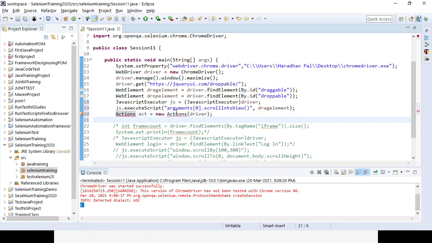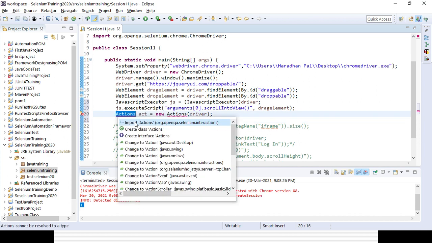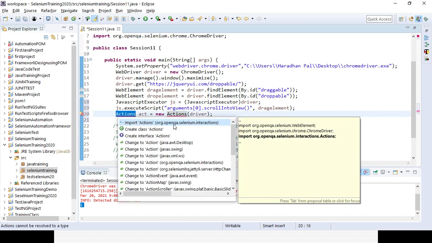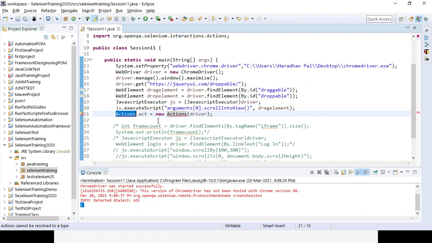Then here you can see some error message is there. I need to import the Actions class from the org.openqa.selenium.interactions package. After that, I already have my drag element and drop element.